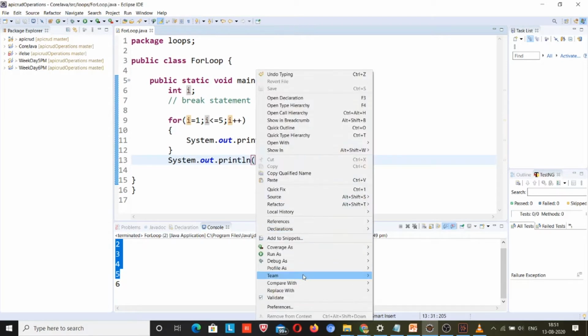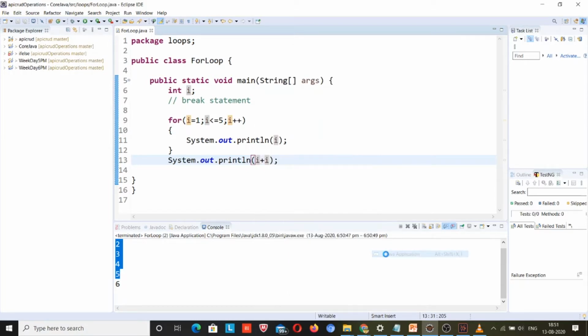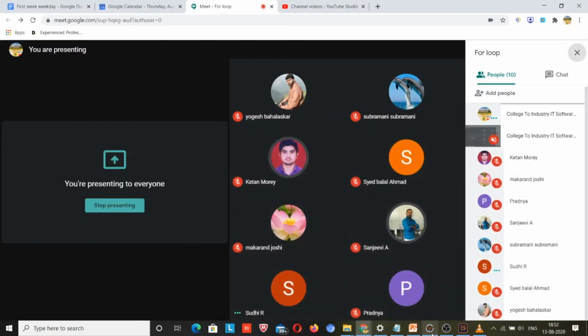Whatever you instruct, the code will work only in that way, right? It is not going to assume anything, it is not going to provide anything extra. Whatever you write, that will be your response only. So I hope you guys got an idea how this for loop works.